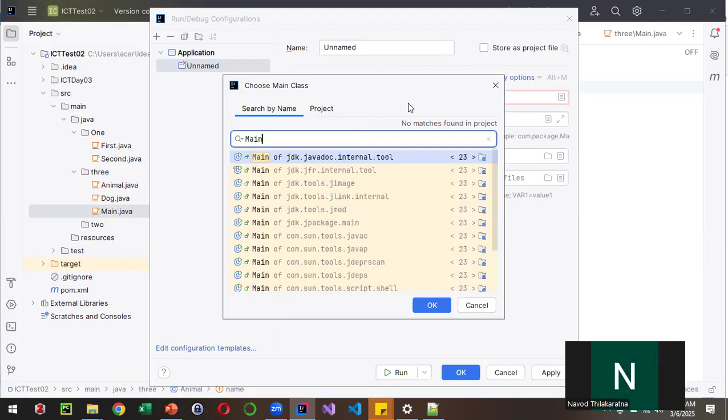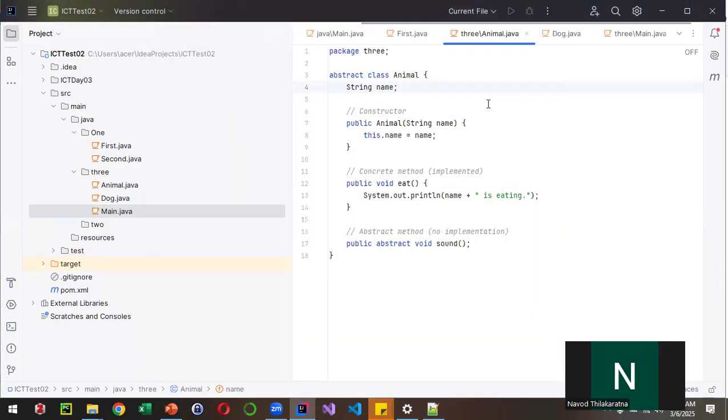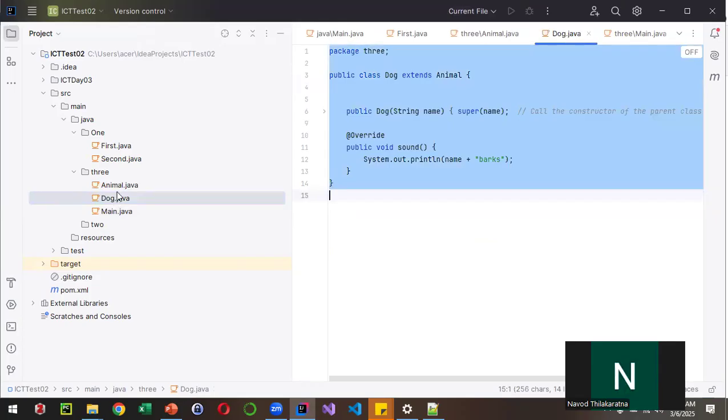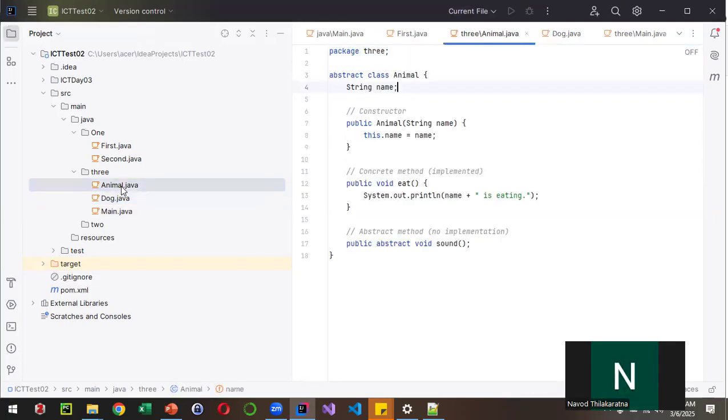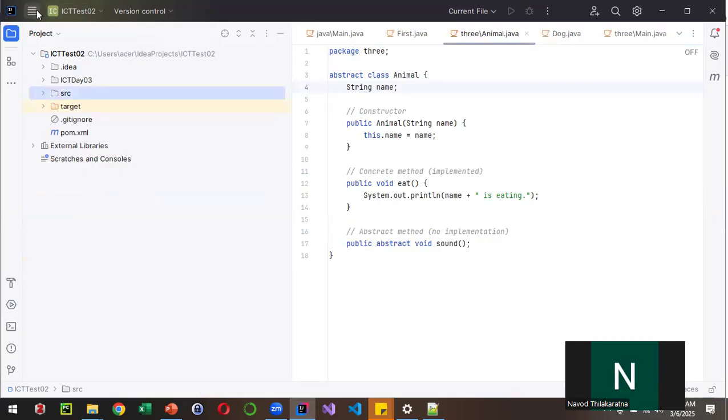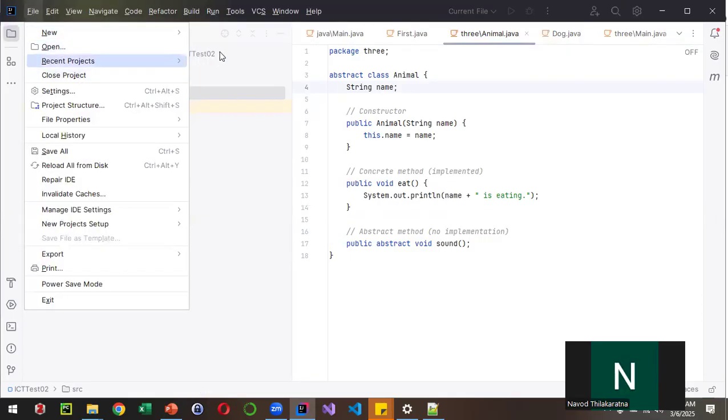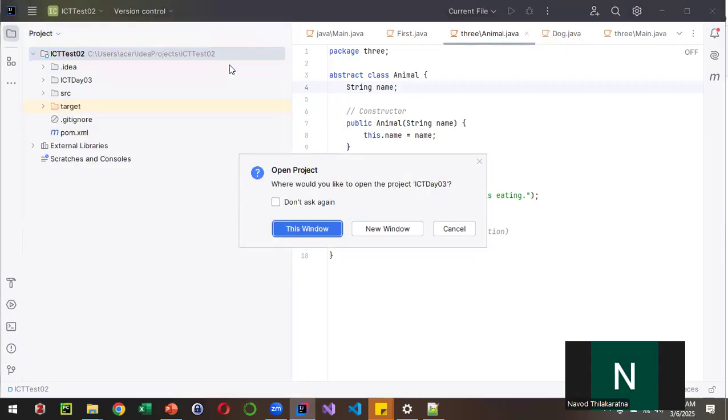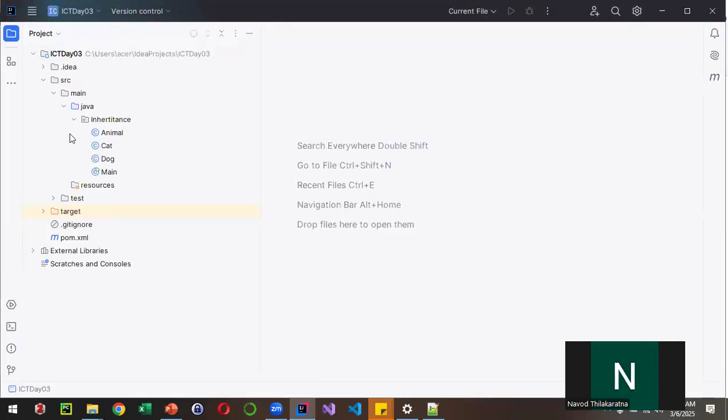Oh my goodness. Right. I cannot run the previous project, so